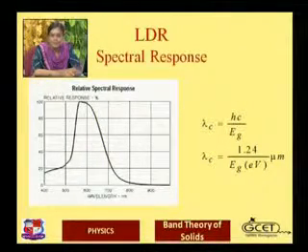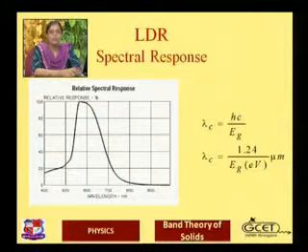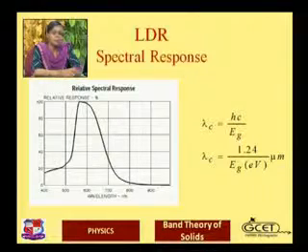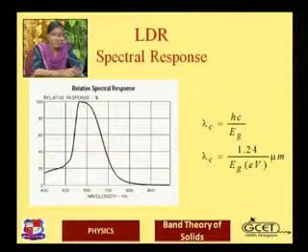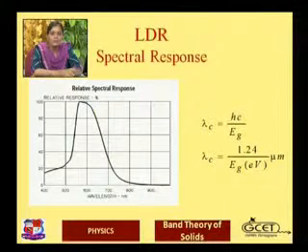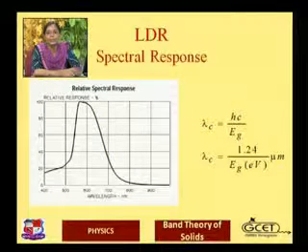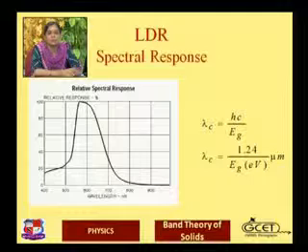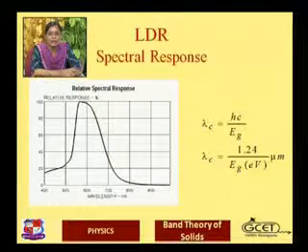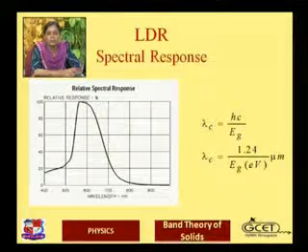What do you mean by spectral response? It is the graph of the photon flux versus wavelength, and here we can see the shape of the graph is Gaussian. The Gaussian shape of the graph says that it is not a single line graph. We are not getting all the photons at a particular wavelength. Due to the thermal vibrations of the electrons inside the LDR, we can have a slight width in the graph.